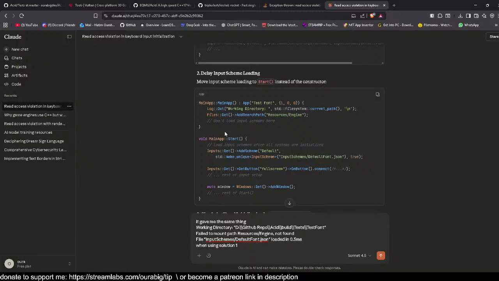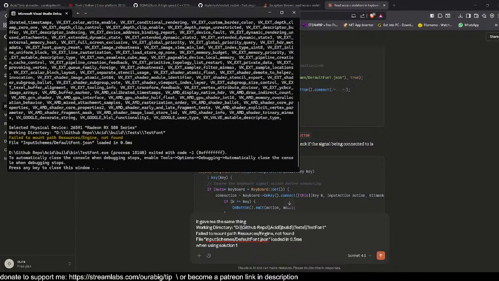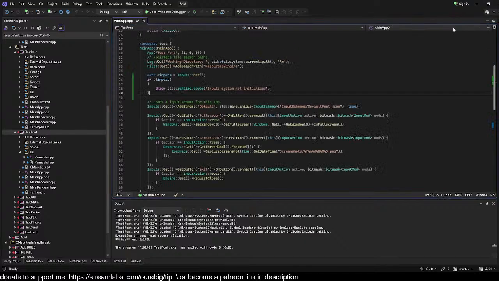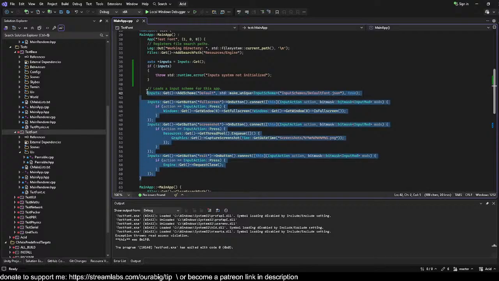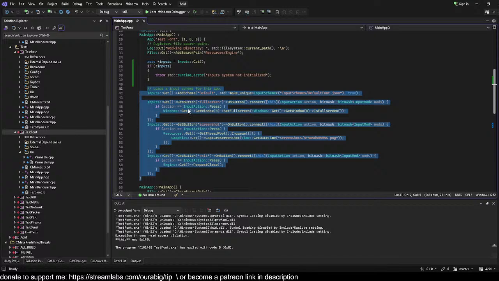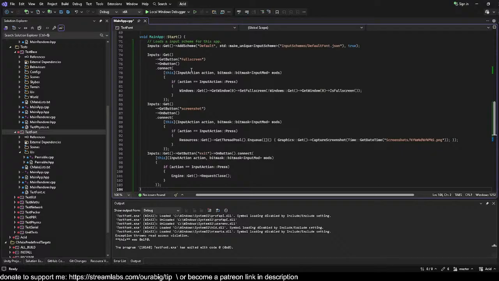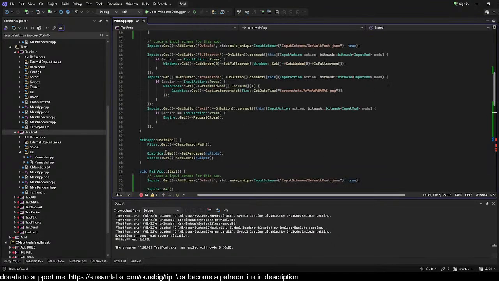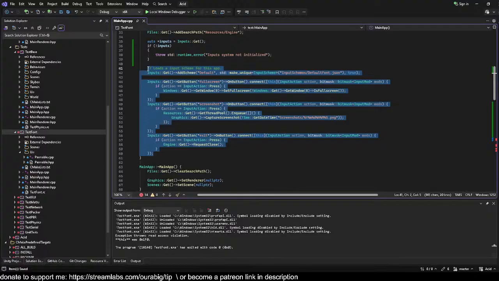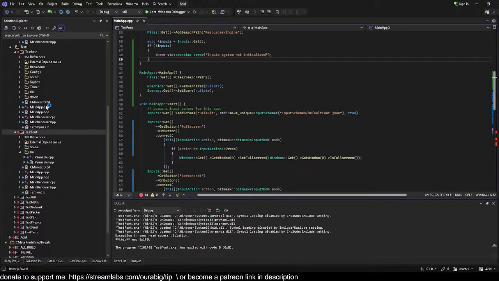Don't load the input scheme here, actually load them here before I add the window. Okay, so let's try that. In here, anything related to input, I'm just going to put before initializing the window. And I actually copied, when I should actually just... So if I just try it now, start,